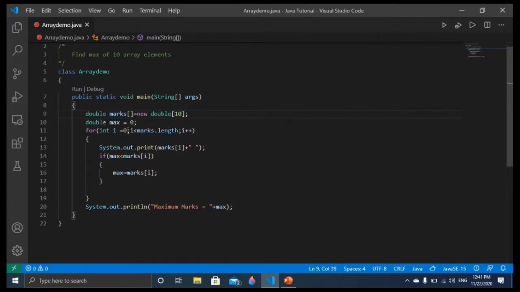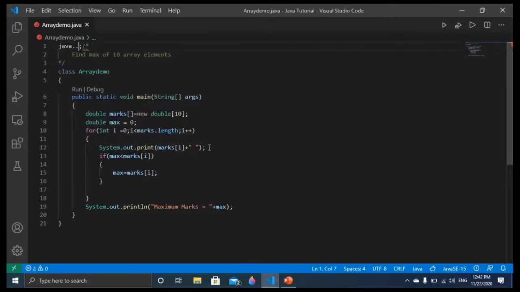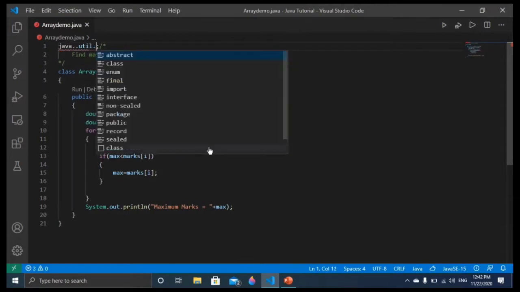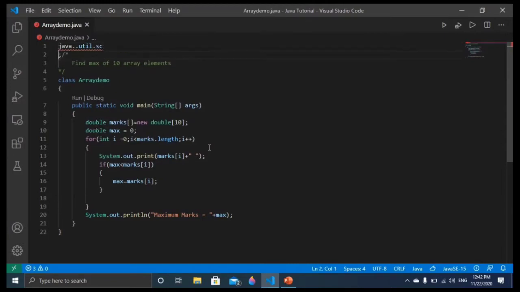Now I want to take input from the user. So how to input? To input we have to use the Scanner class. Scanner is not our class, so we have to import it, and here we have to write java.util. Let me show you, friends, just a minute, wait.